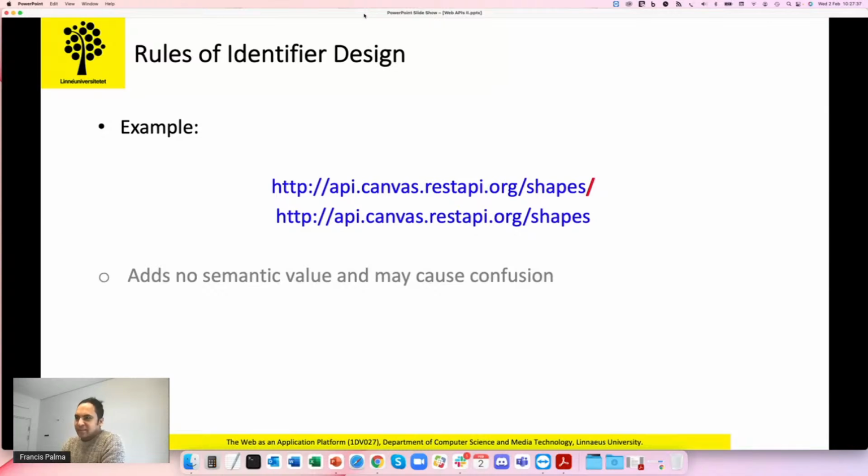Yes, I think there are some inputs, and all of them make sense. Yes, you are right, because we should not use a trailing slash at the end. First of all, because it does not add any semantic value, it does not make any sense, and it might confuse the users or clients. But secondly,